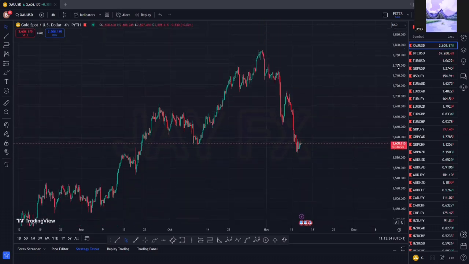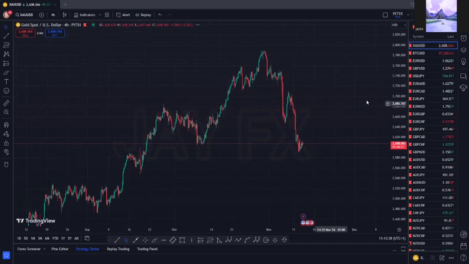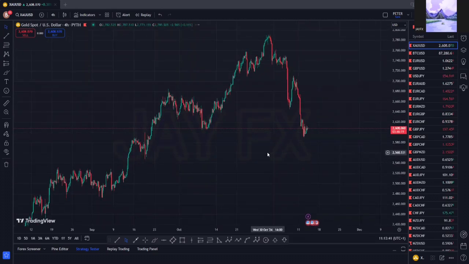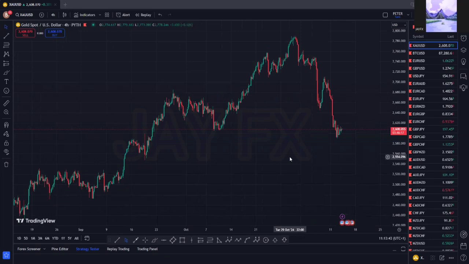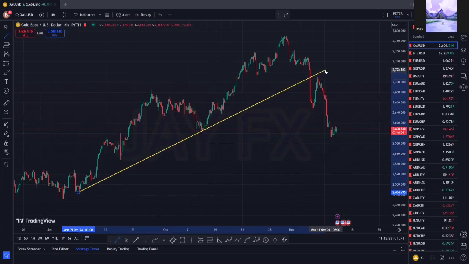So let's start with the 4 hours time frame. I think I spoke about this the last time. Now what we're going to do is see if gold is really going down or is still going up. As you can see, the previous movement shows that gold has managed to change direction, and you can see the trend line after the trend line has been broken.